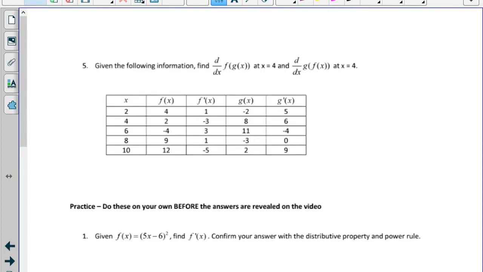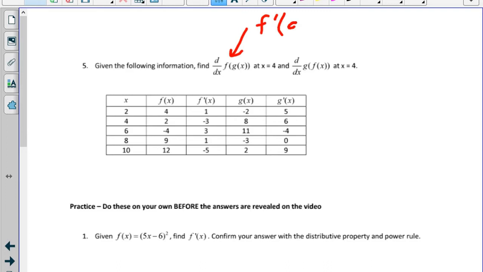We're given all this information, and that's a giant table. Find the derivative of f of g of x and the derivative of g of f of x. Basically, when you see a table problem, this is testing whether you actually know what the chain rule is without functions going on. So conceptually, we need to understand that the derivative of f of g of x is